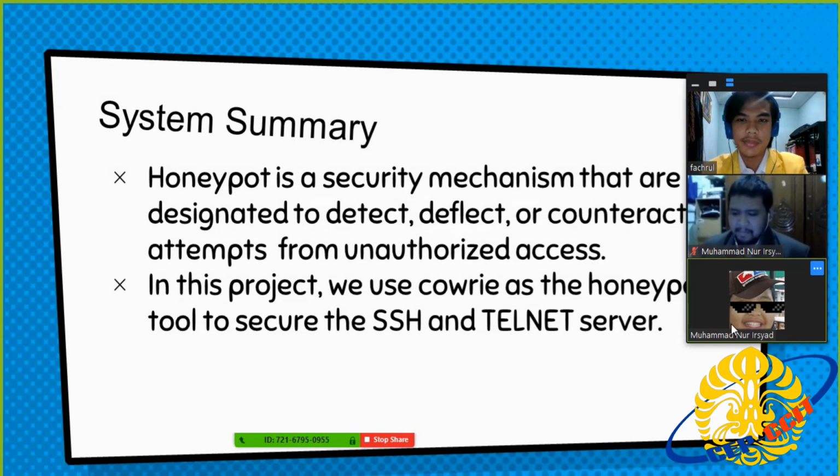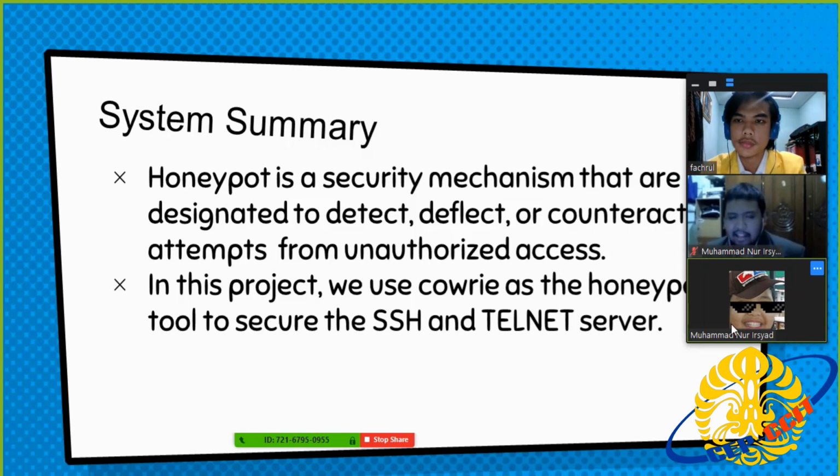Honeypot is a security mechanism that is designed to detect and counteract attempts at unauthorized access. It appears in many forms as a fake legitimate service that is used to decoy, lure, monitor, isolate, and study cyber attack behavior, from the methods to the exploited vulnerabilities to the system aspects most searched by attackers. And in this project, we use Cowrie as the honeypot service for the